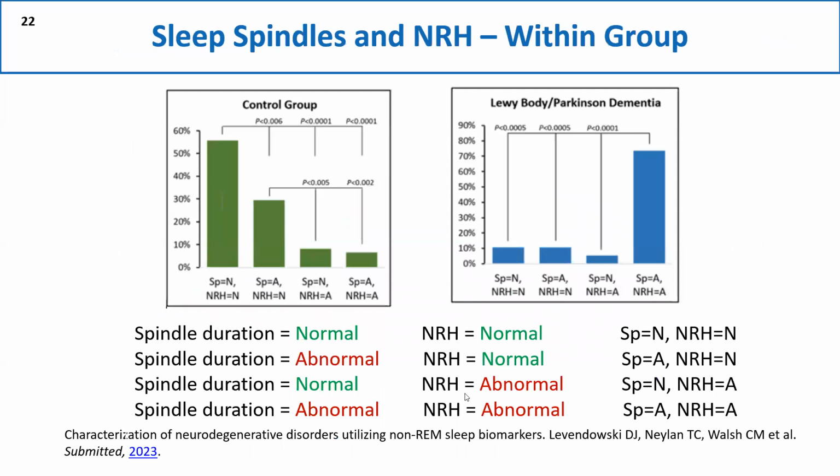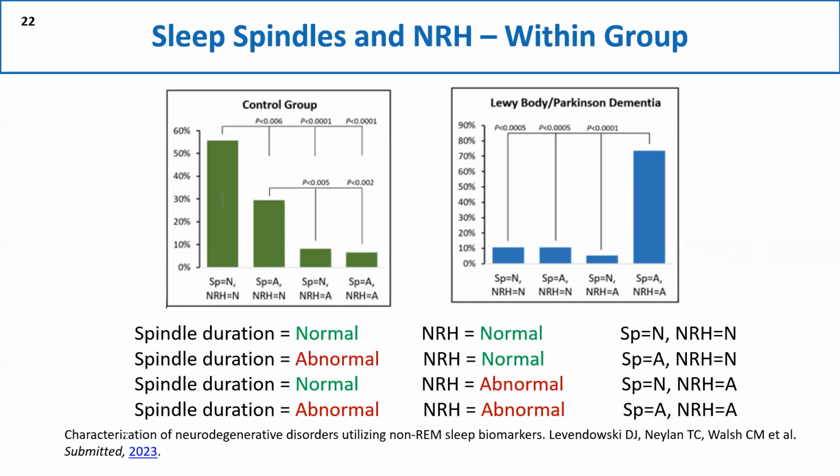So what we wanted to do was take all of these subjects that we had, all the patients that we had, and characterize them as either having normal spindle duration and normal non-REM hypertonia. That's what we call normal, abnormal spindle duration with normal non-REM hypertonia, or normal or abnormal spindle duration with abnormal non-REM hypertonia. So we wanted to create these four orthogonal classifications because the two